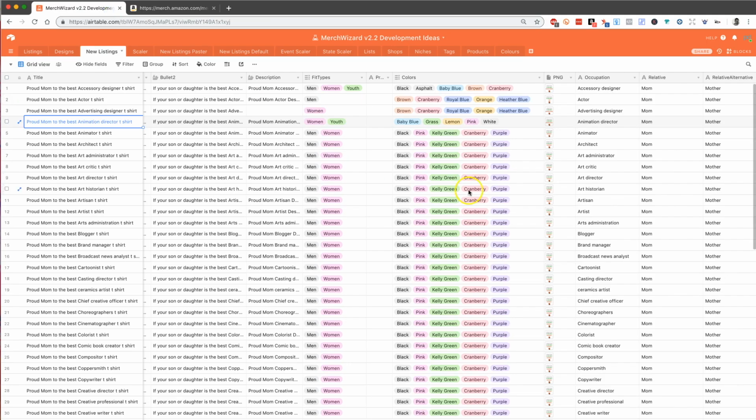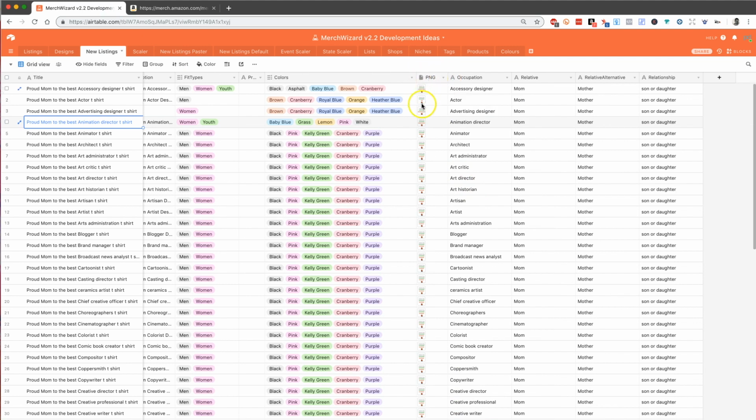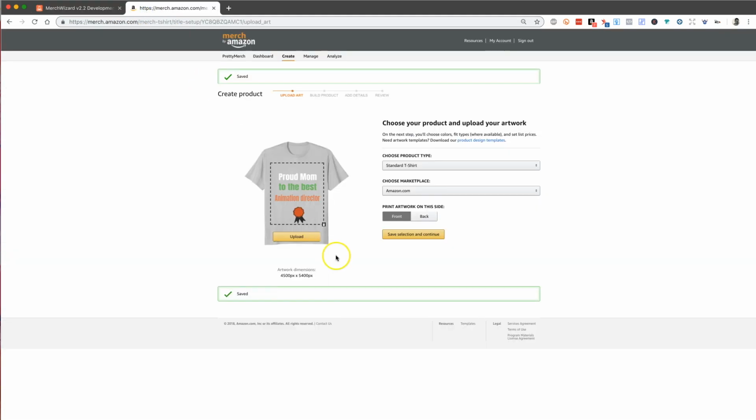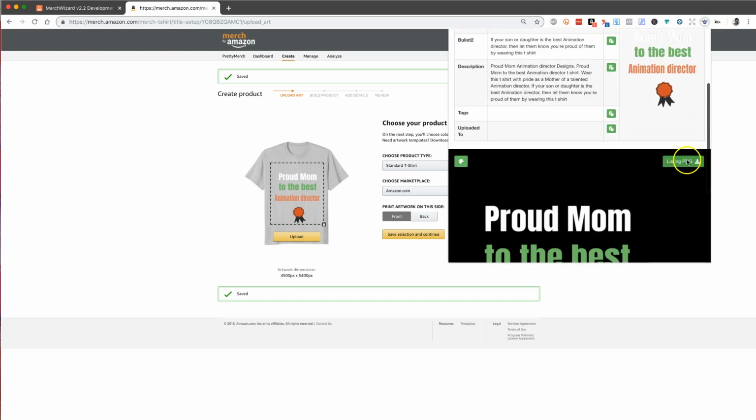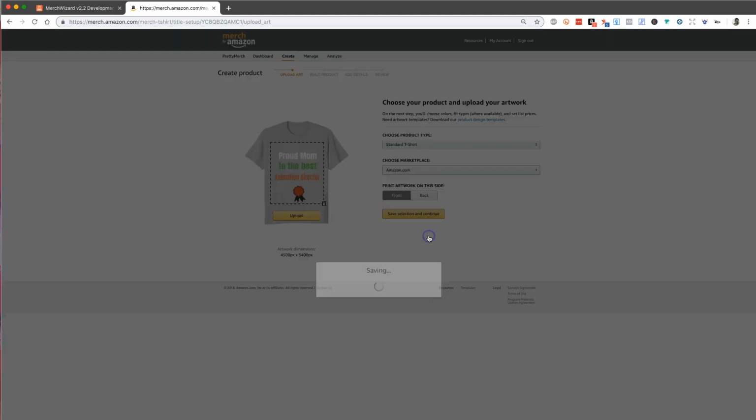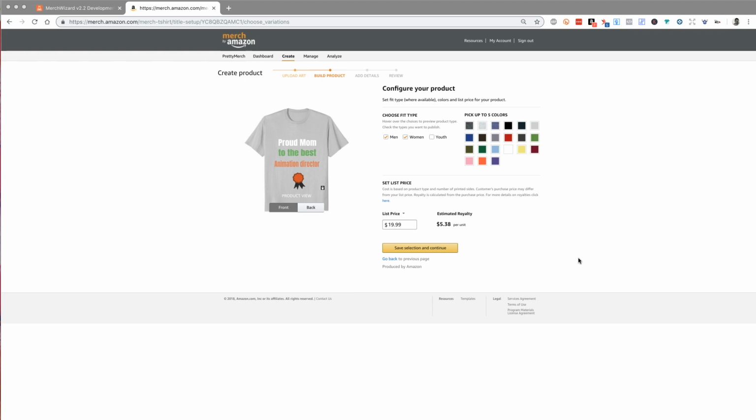If we go back to the Airtable, you can see actually why that's useful to have the design preloaded into the PNG field, so that when you're using Merch Wizard, the design is already there. So if you're on another computer somewhere else in the world, whatever, it's loading this from the Airtable. As long as you've got your internet connection, your designs are all there. So it's handy that you spend the time uploading this. So we'll go onwards to the next page, and we can bring up Merch Wizard,